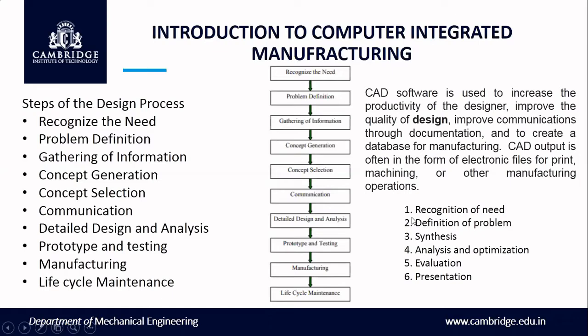The next part is detailed design and analysis. In this phase a prototype model is analyzed by giving different boundary conditions and constraints, subjecting the model to different temperatures and loads to perform a feasibility study. If the product fails at this stage, the design has to be redone, and once again you have to clear the design and analysis stage. That is the major thing.